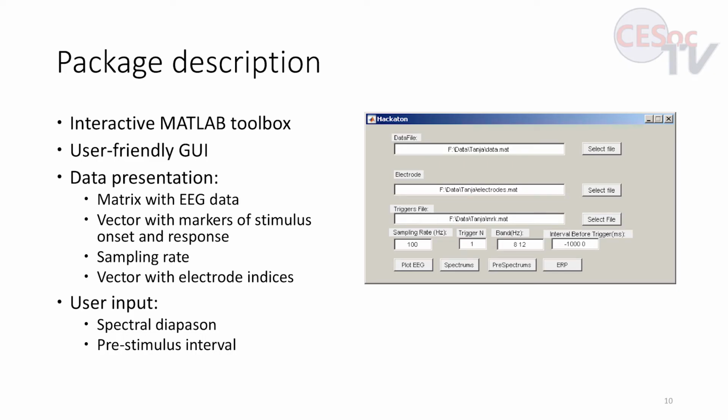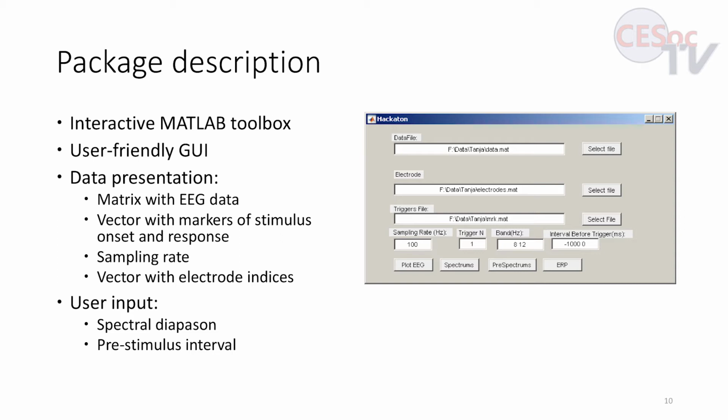And now we have a lot of tools to analyze data from different modalities, but there was no tool for integration, and so this is why we created this open source package, which is an interactive MATLAB toolbox, hopefully with a user-friendly graphic user interface.